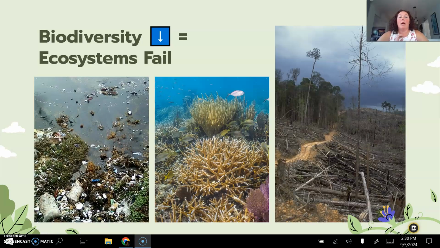Yes, okay. So as biodiversity declines, we see these ecosystems failing, and as the ecosystems fail, then we start seeing rapid collapse and extinction of species. So all of these things tying together create these tragic impacts on natural ecosystems. And humans, unfortunately, negatively impact these systems by deforestation, by pollution, and those impact species. Those species that are impacted are then going to cause those biodiversity declines and ecosystem failures.